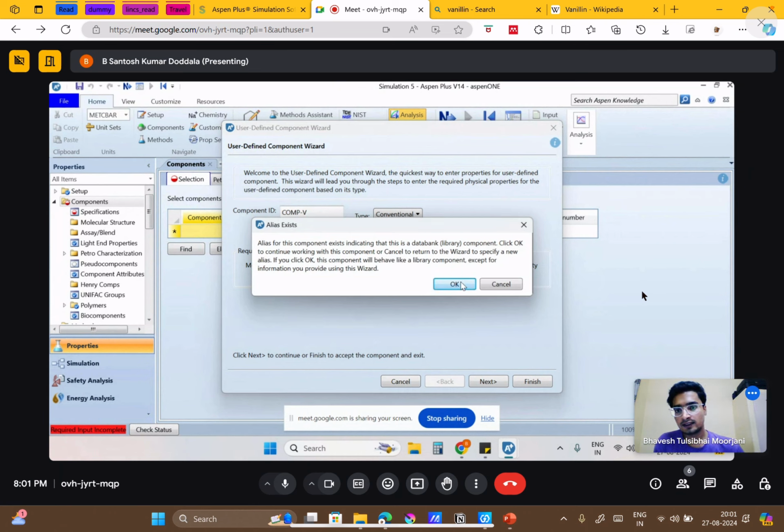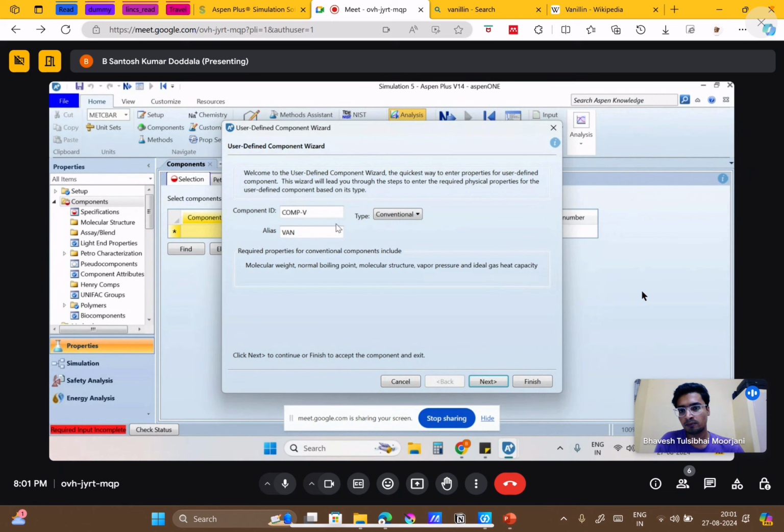Okay. Just instead write comp v again. Write the same as component ID. The alias, sorry. So component ID, you write it as comp dash v. Write alias same as comp v.